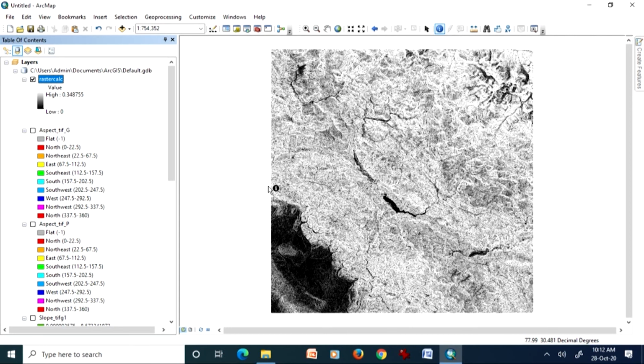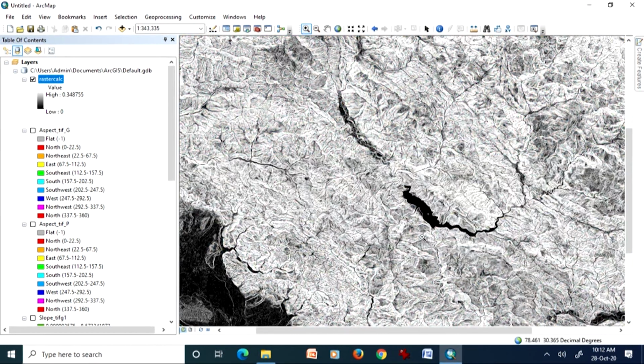Instead of creating a new product, we are creating a product to check for the differences between two methods, by which you can very judiciously evaluate which method is more appropriate for that particular site or area of interest.